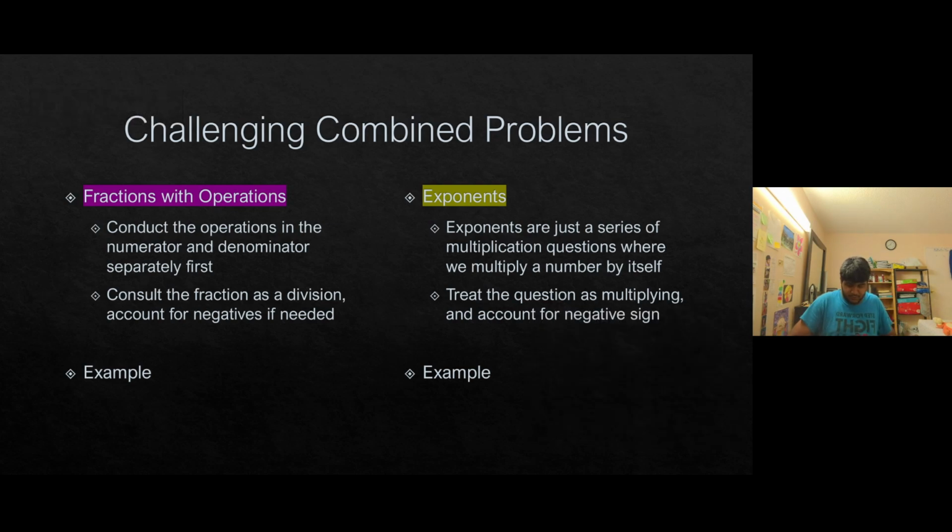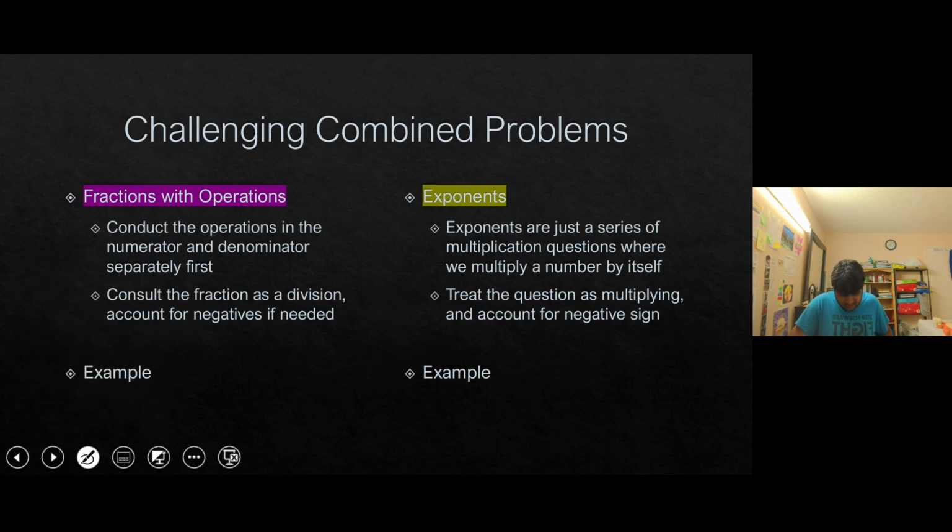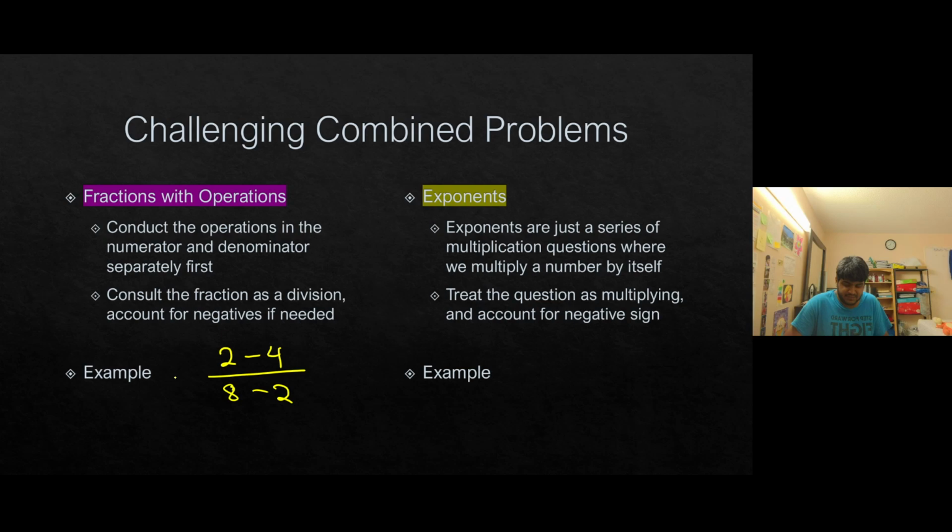So let me just come up with a random question as an example for you. Let's go with, I'm going to use this yellowy color. So we're going to say, what if we had 2 minus 4 over 8 minus 2, right? So if we had this kind of a question, first evaluate the top and evaluate the